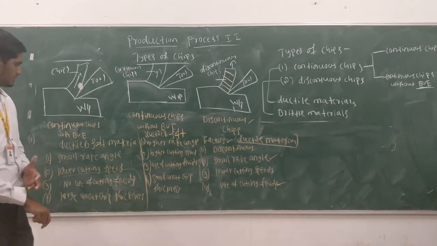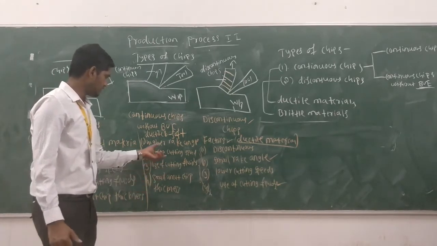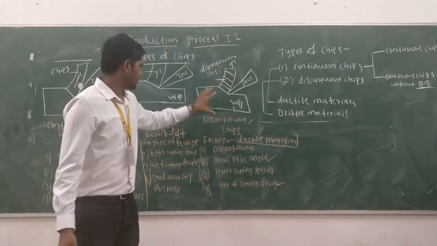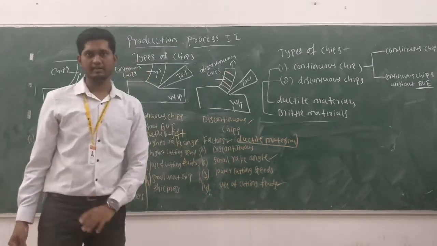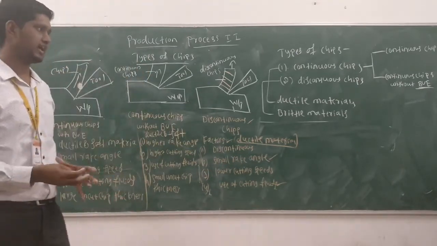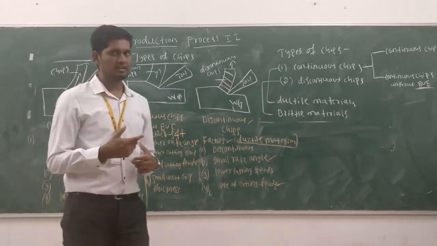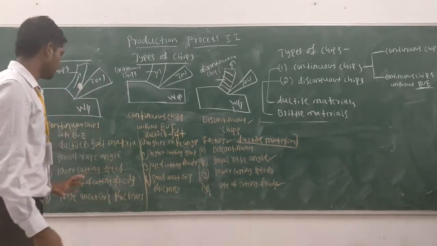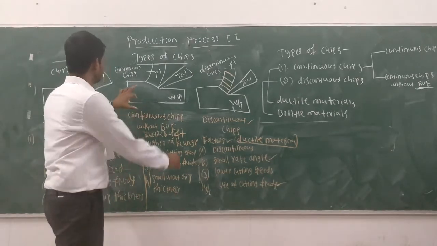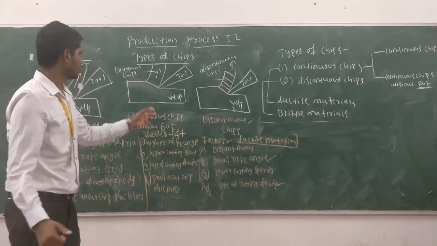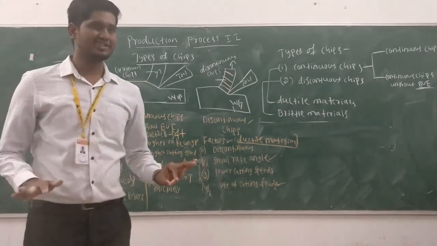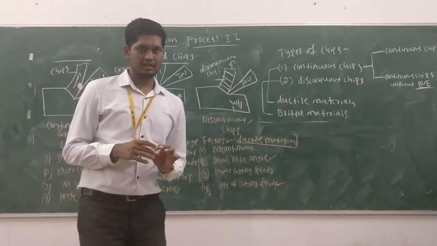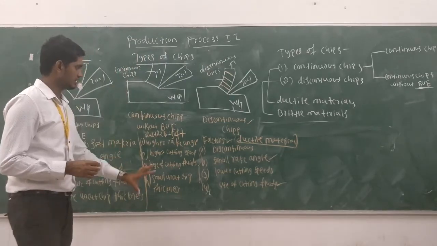In the ductile material, if the chips are continuous and with the help of a cutting fluid, what happens? As I have said, in case of discontinuous chips in a ductile material, application of the cutting fluid helps in the initiation of cracks in the chips, and as a result, the continuity breaks down. As a result, the chips will not fall back on the rake face of the tool, and it will not result in the formation of the built-up edge. Let me just recall the things that we have studied so far in the types of